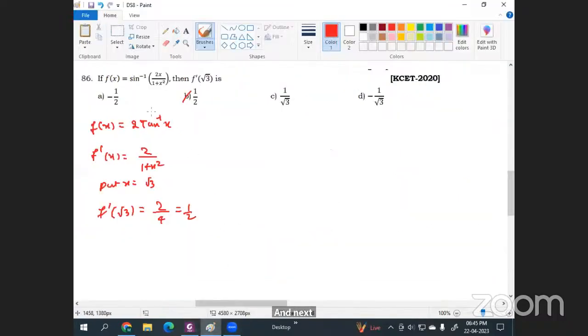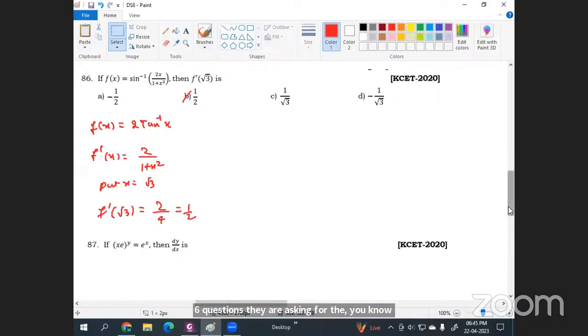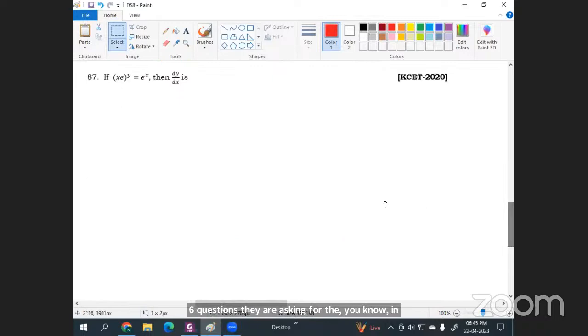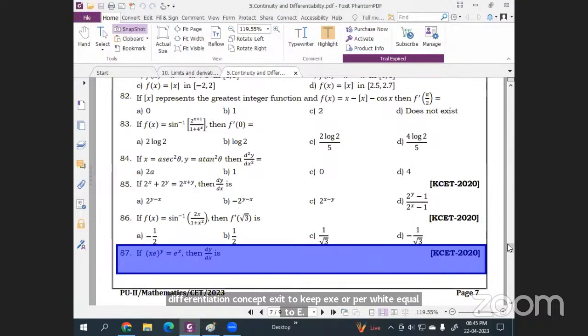See, 6 questions they are asking in the differentiation concept. x into e power x e whole power y equal to e power x, then d y by dx. So we have further